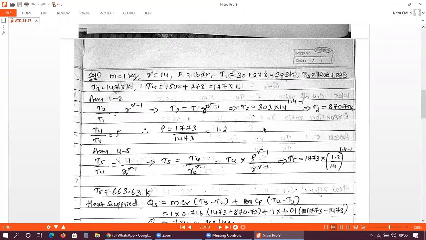Otherwise, you can go through the notes which are uploaded in your WhatsApp group, our official 4th semester group, no? I have already uploaded the first module notes over there. My handwritten notes are there.